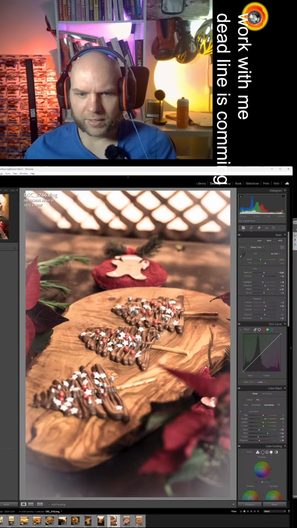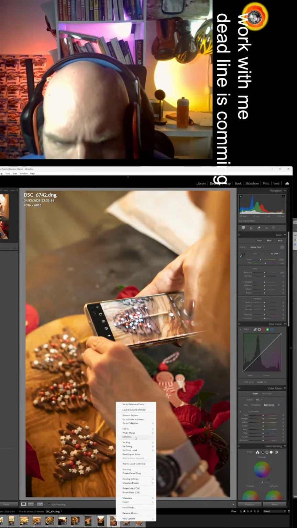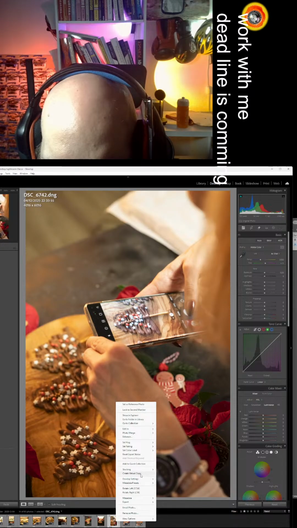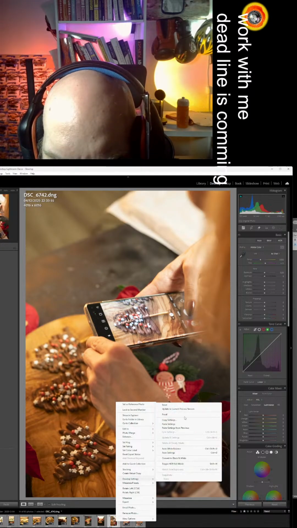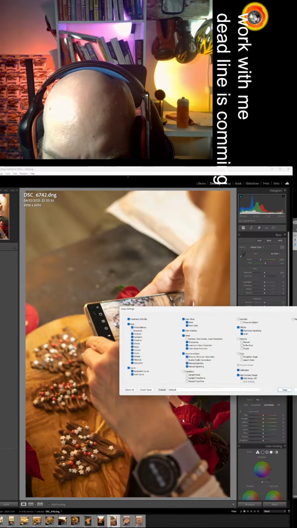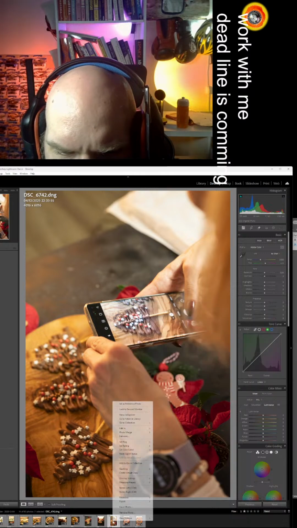Let's copy a preset for that one because I'm feeling sleepy and I'm going to sleep. Wait, copy. Where is it?